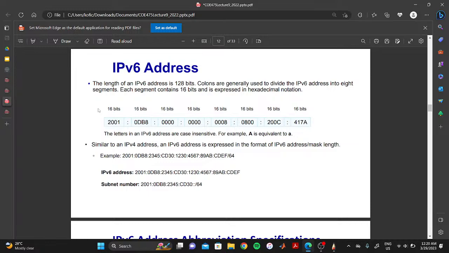Colons are usually used to separate every 16 bits, and you can use hexadecimal notation, which is easier to work with. Because it's hexadecimal,